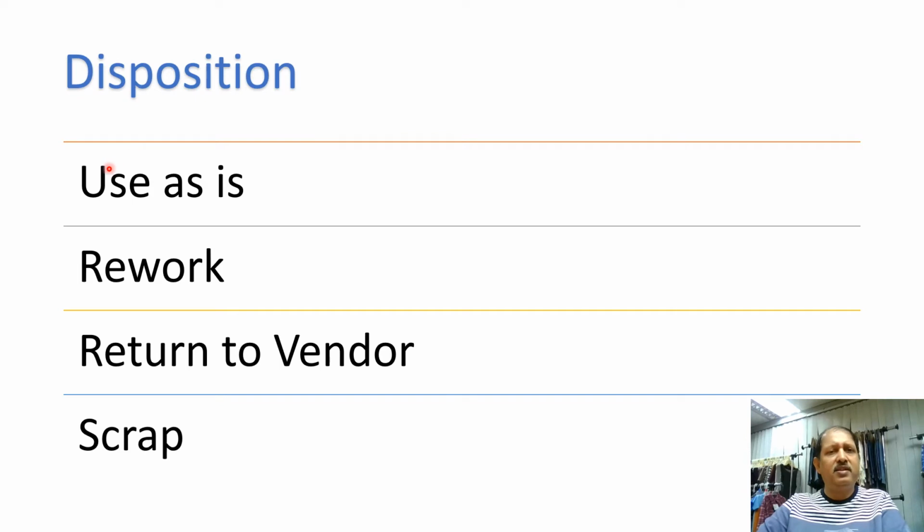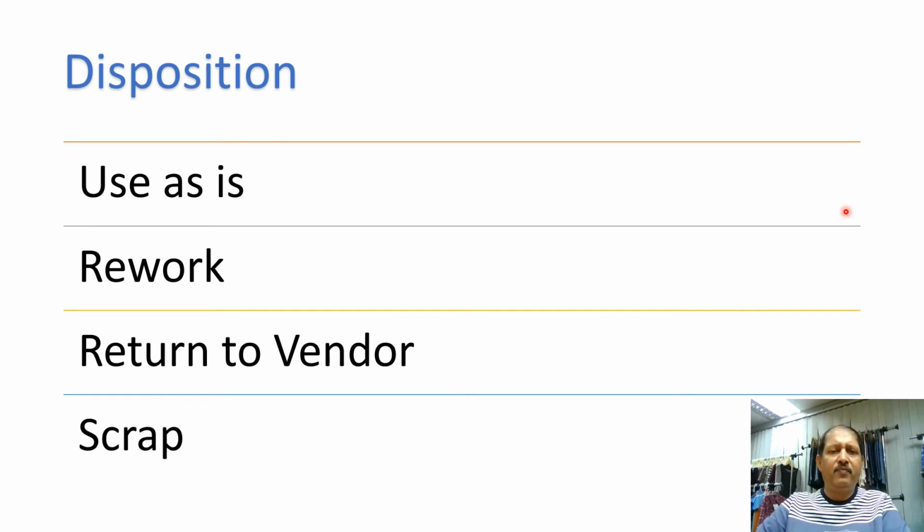So use as is means it's not that we are going to use the defects and pass them to the next customer, but we are treating it separately so that we handle it separately and try to make the same product out of this defective, taking out the defects in the subsequent processes. The rework is like repairing those defects. We do work on those defects and try to repair those so that the next process input is perfect or the ultimate product is perfect. It conforms to all the requirements.